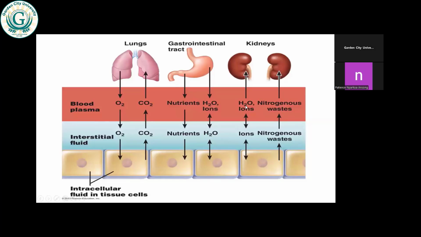Then we also have nitrogenous waste that is produced by the cells at the end of metabolism. Then they will leave the cells into the interstitial fluid, into the blood. Then the blood takes it into circulation, where when it gets to the kidney, it's filtered to produce urine. So this is among the few ways some components within the body are moved in the various fluid compartments.